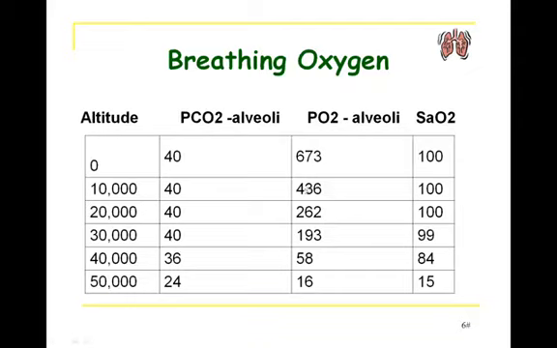Now you can have better oxygen in the alveoli and better saturation if someone is allowed to breathe pure oxygen. By breathing pure oxygen, you're reducing the amount of nitrogen that normally would have been 79% of the air that you're breathing, so you're displacing some of that nitrogen. You're going to improve the levels of oxygen in your alveoli and in your blood.